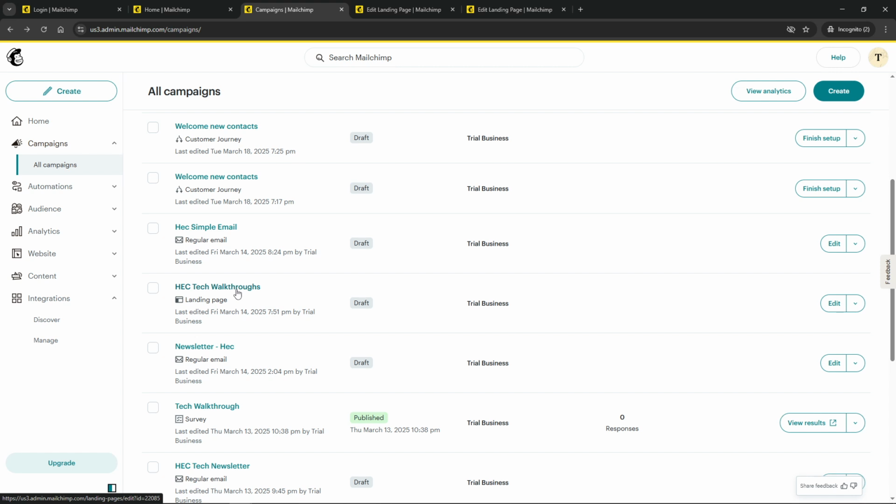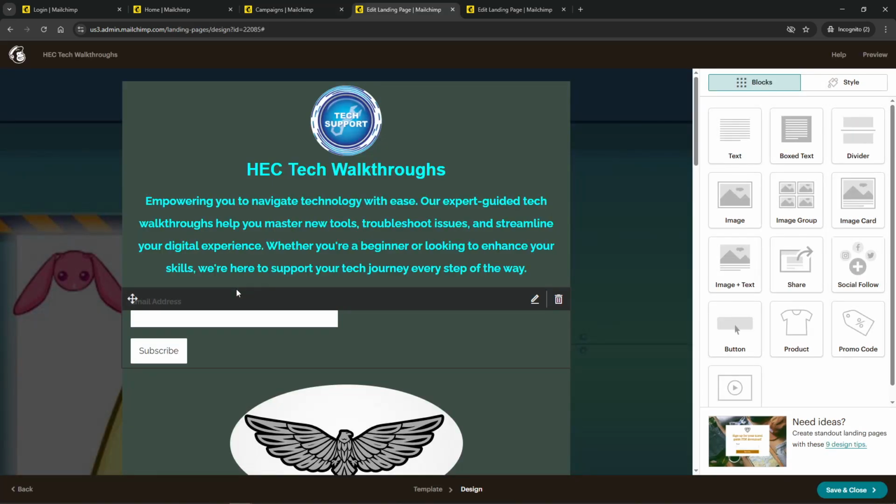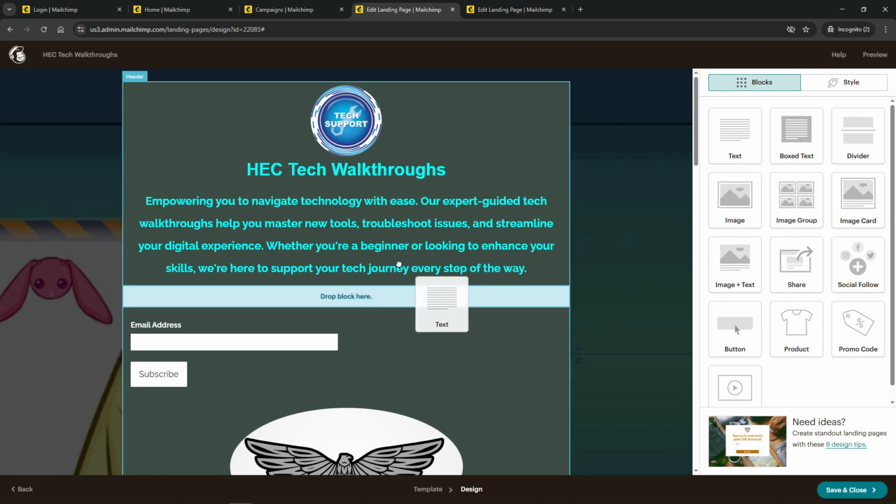After selecting your template, identify the specific section in the email where you wish to add the view in browser link. Typically, this link is placed at the top of the email, making sure it's the first thing subscribers can see, which allows them easy access to view your message in their browsers, should they have any trouble viewing it